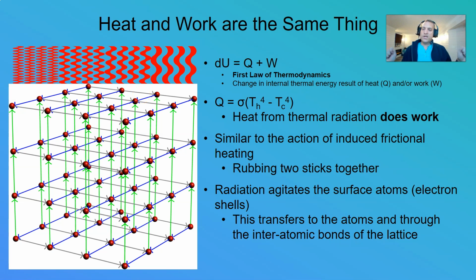I mean, work done by your arms rubbing those sticks together, you can see that happening, right? You can see it happening because it's large scale. You're doing it with your arms. Yes, you can see that. With radiation, it's happening at a scale far too small for your eyes to see, but the same thing is happening.